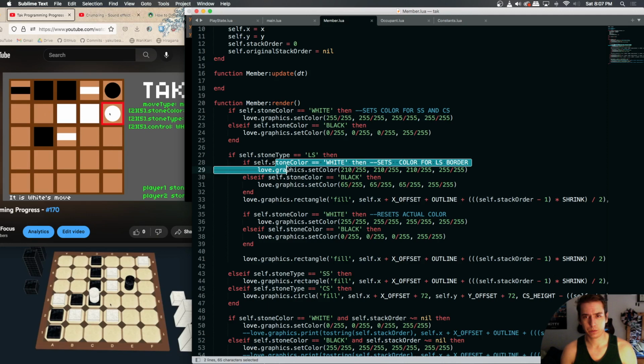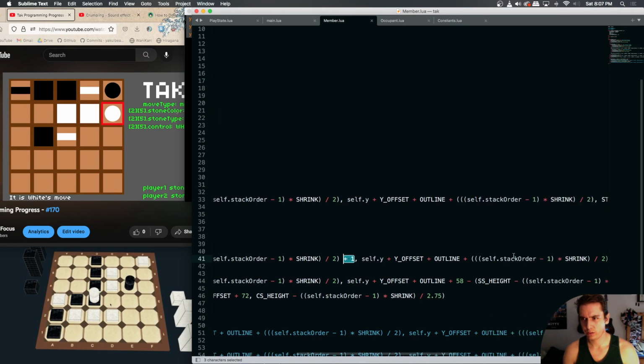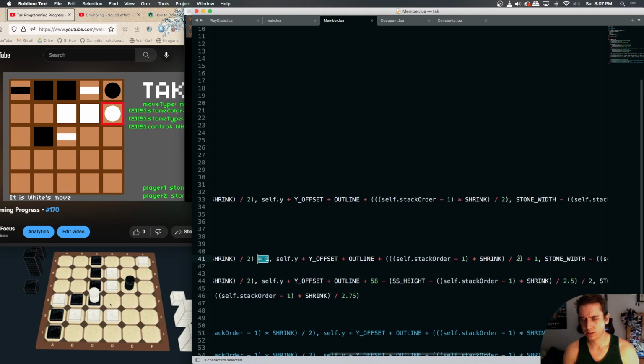So we set the color for the border, we render the border, and then we set color for the real color, then we render the real color. So if we look at the difference between this line and the next line, we'll see that the only difference is a +1 on the X, a +1 on the Y,